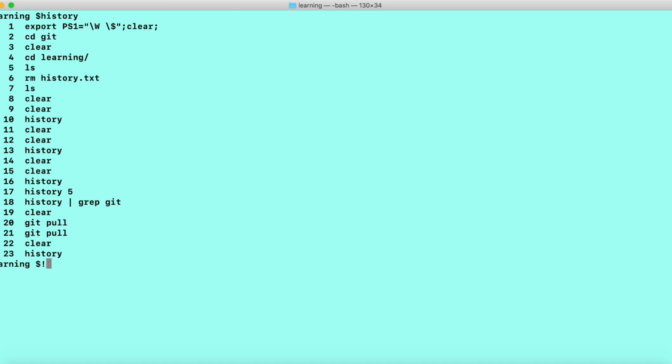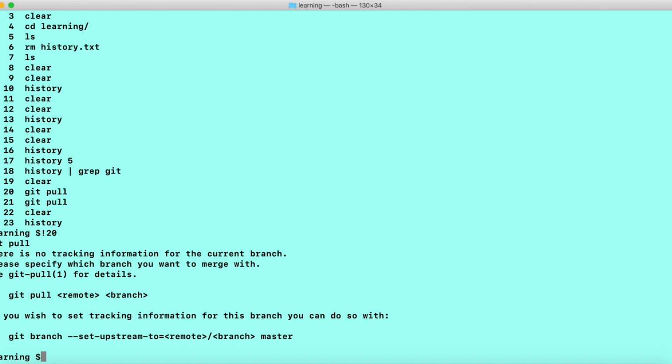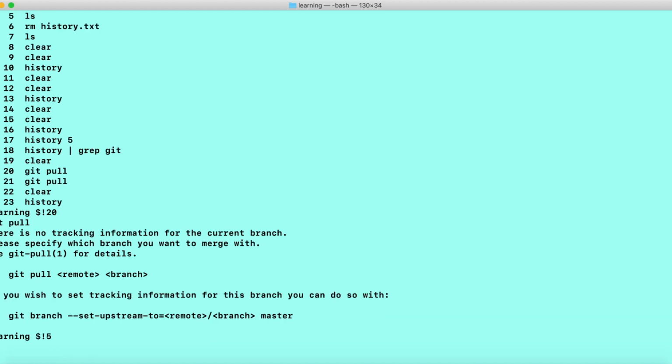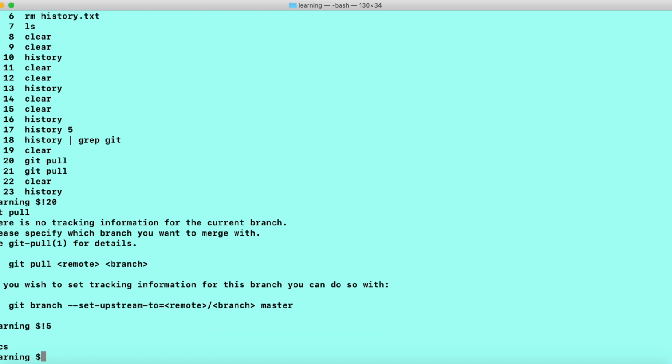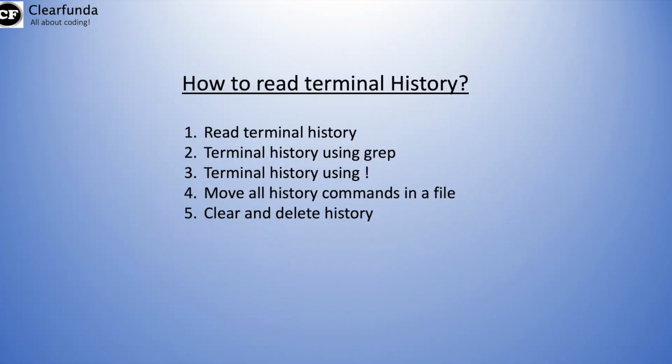So exclamation, and you just have to mention 20. So the 20th will be executed. Let's say you want to run the 5th command. So exclamation 5. You will get the list of all the details. So this is how the exclamation one works. So let's go back and see. We have covered terminal history using terminal.